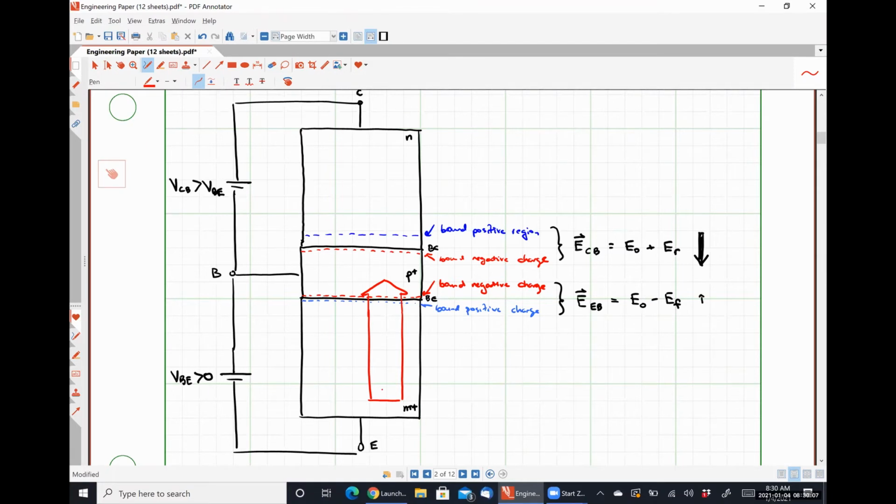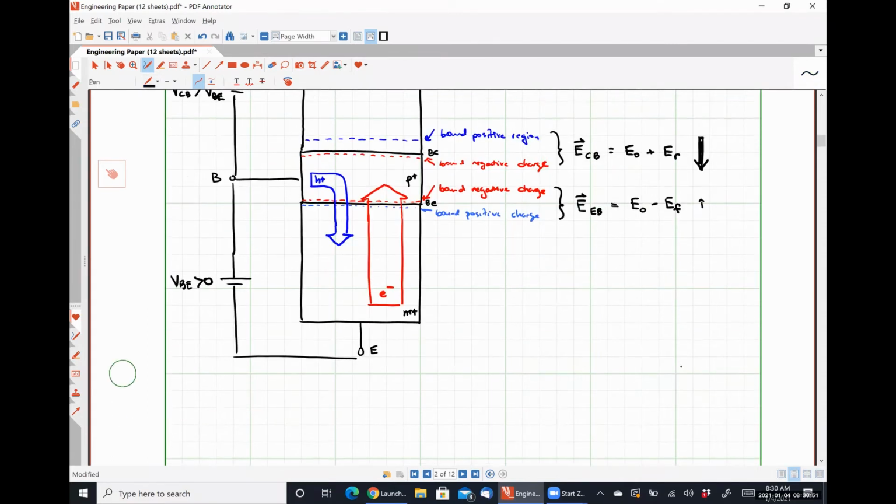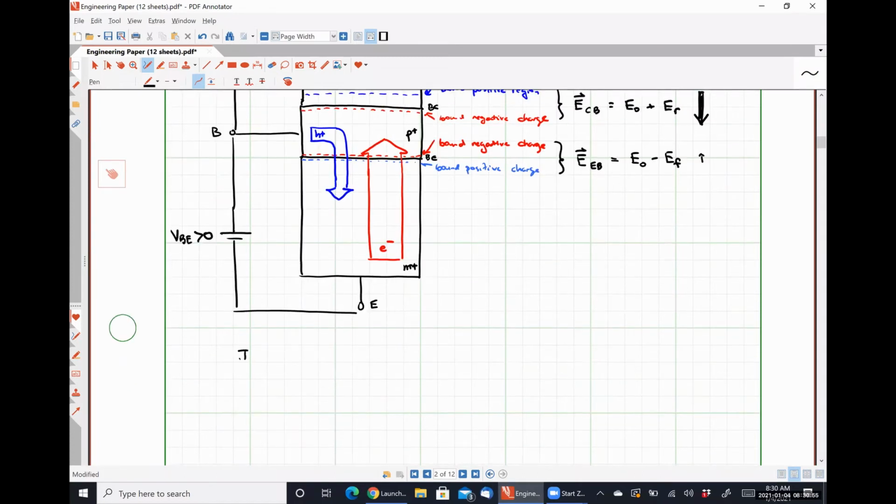We have a whole bunch of electrons diffusing into the base region. And then we should see that holes are diffusing into the emitter. So as a starting point here, we could say that the emitter current should be something like